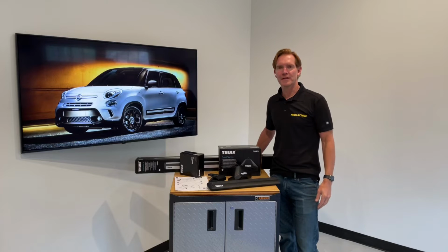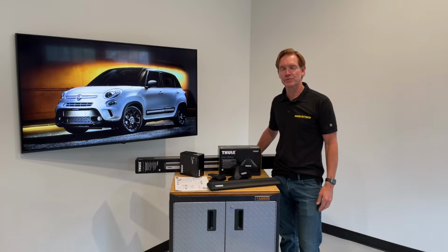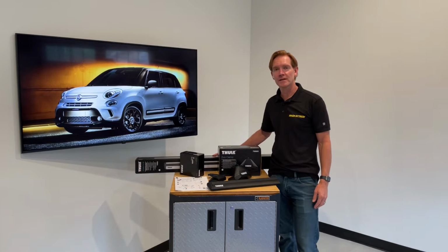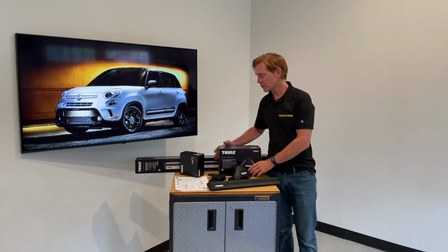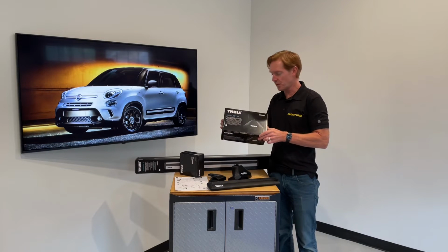Hey, it's Paul with rackattack.com, here to show you the Thule Evo clamp base roof rack system for the 2013 through 2020 Fiat 500L. This system includes three components, starting with the Evo clamp foot pack set of 4, and